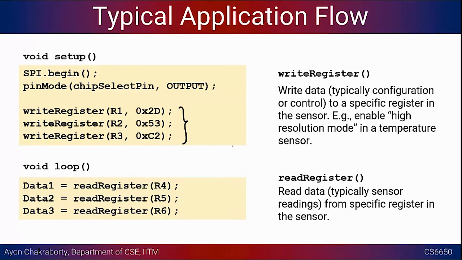And then there is a loop where you are continuously going to read the data out of the different registers. Suppose you want to read acceleration data, or a magnetometer, which is compass data. In those cases, there will be different registers where you are going to read this data from, and for that you just request using this address, and this will be in the reading mode. The master is going to read the data, and then immediately the SPDR register will be populated by the sensor's reading. And in your program control, you have to read the data and copy it into your local variables.